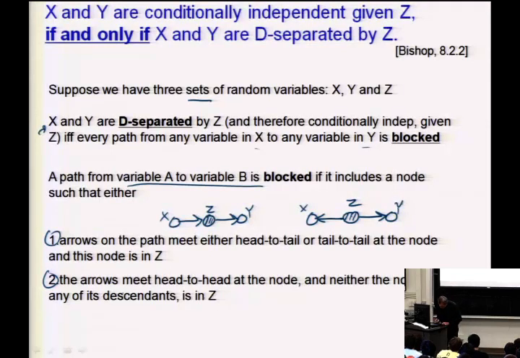The third one says it's also blocked in the case of this head-to-head collider node